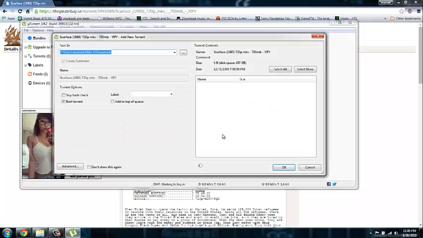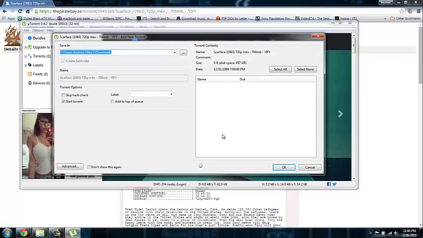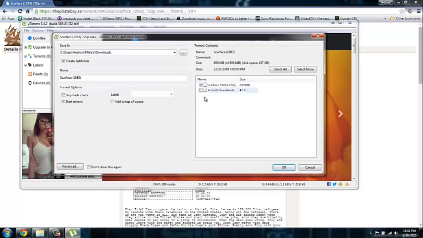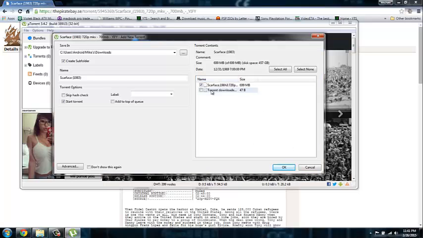It's going to open uTorrent like so, and it's going to check the torrent and see what files are included, and it's going to list them right here in the name section and tell you what size they are. Now I'll tell you how I go about doing things. I usually just click OK, but this one we're going to uncheck this text file. You don't have to. You can just click OK, but I'm going to uncheck the text file on mine because I don't want any text and I don't want to know where it's from. It's probably just a trackers list. But I just want the movie, which is right here, the big 699 megabyte file, and I'm going to click